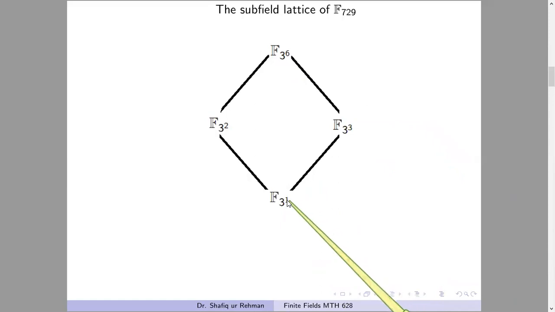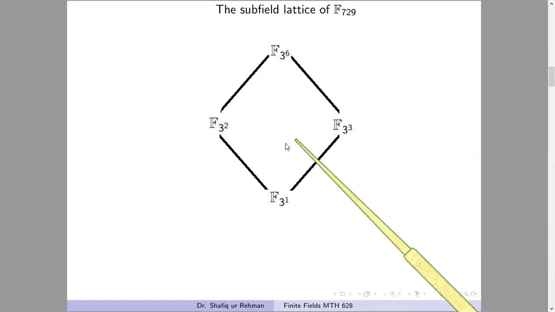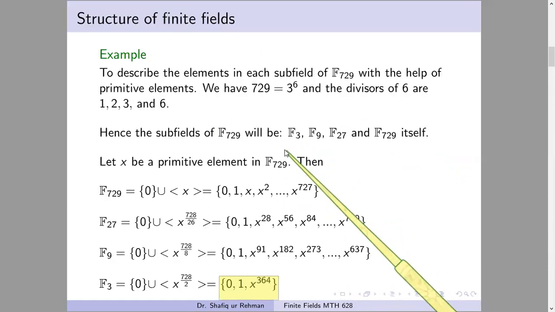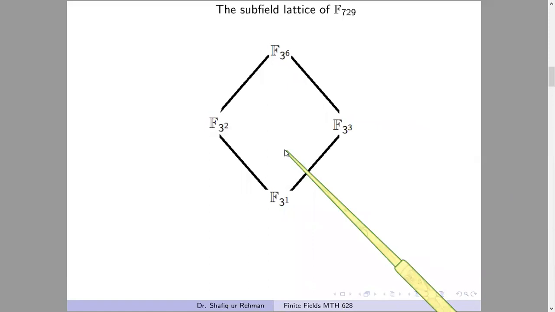We know this with the help of divisors. 1 divides everything, 2 divides 6, 3 divides 6, 2 does not divide 3, 3 does not divide 2. So there is no containment relation, and we can realize it with the help of elements also that it is true. So this is our first part of this lecture, that is how to write the elements of subfields by using